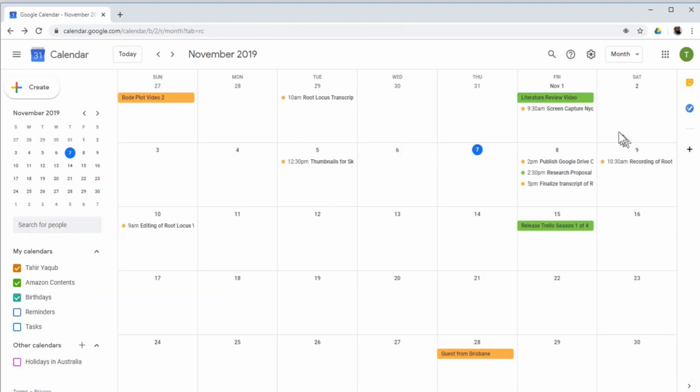Now at the end I would like to show you two more apps which you can see on the right hand side in this mini menu. One is called Google Keep and the other is called Google Task. Google Keep is a note taking app, and you can use this app to take quick notes for some ideas. For example, if you are somewhere, you get some idea. Let's say I get some idea for making a video on any topic, so I can quickly make a note so that I don't forget that later on. So this is the note taking app.